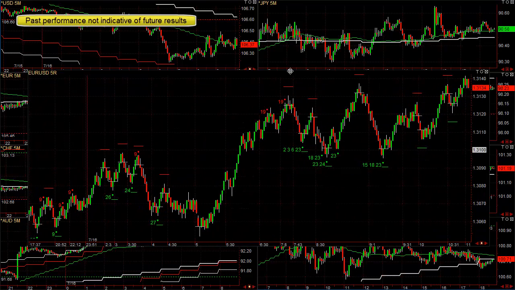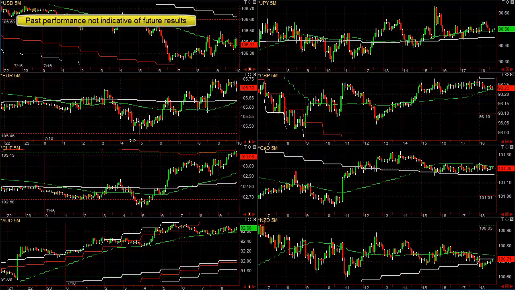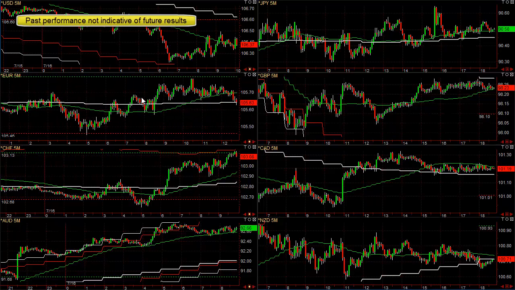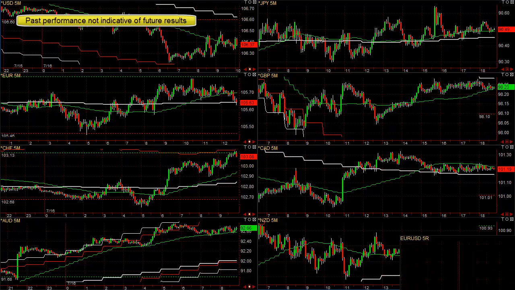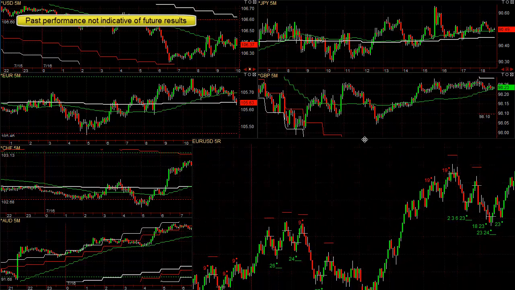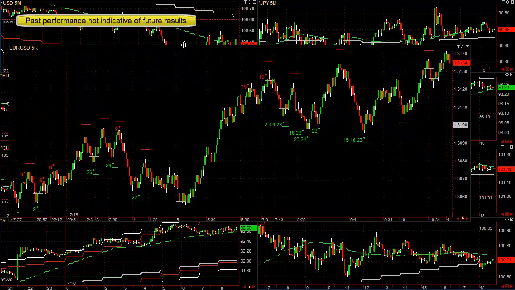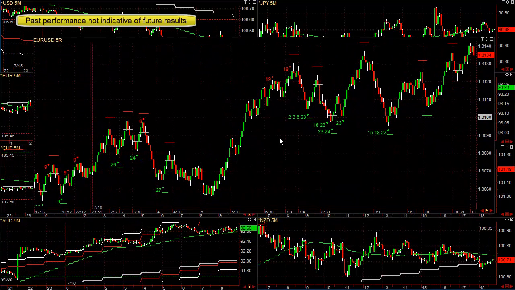If you saw today, the euro was strong, especially later in the day after 7 o'clock here. It was above its hourly moving average, and above its 15-minute moving average in green. So especially after 6 and 8:30, you're looking for buys. So here's about 6 o'clock, you're looking to buy here. You made money, lost money, made money, made money, made money,